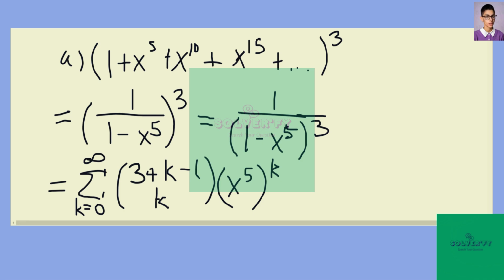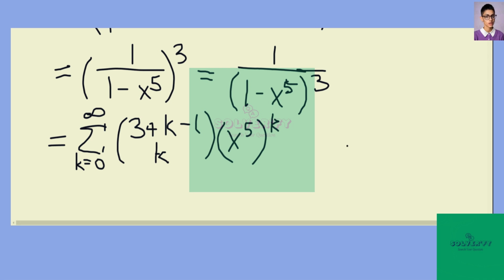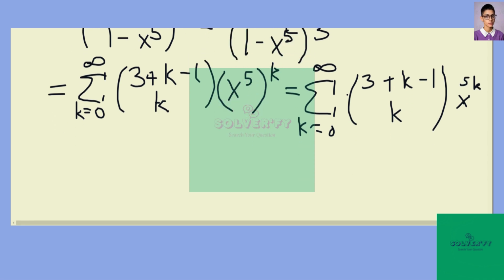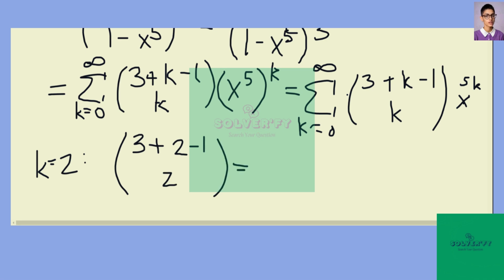So to find the coefficient of x to the 10, we have that, first of all, this is equal to the sum from k equals 0 to infinity of 3 plus k minus 1 choose k, x to the 5k. We get x to the 10th when k is equal to 2, and then the coefficient is going to be 3 plus 2 minus 1 choose 2,